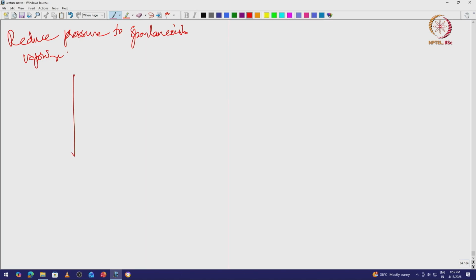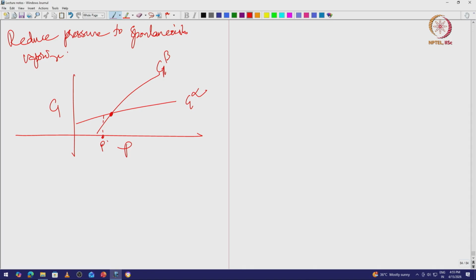Now the question is, how much should I reduce the pressure by, right. So now this is G, this is P, this is G alpha, alpha wins at high pressures, this is G beta, beta wins at low pressures, right. If I am here, alpha and beta are equally thermodynamically stable, so they are at equilibrium. If I go here at this pressure, beta is winning, but if I already start at an alpha phase, at this pressure I already start at an alpha phase, start with alpha,